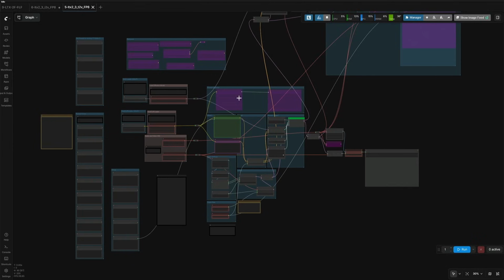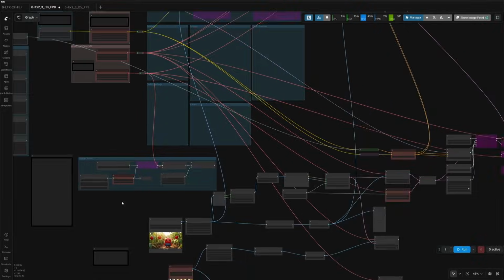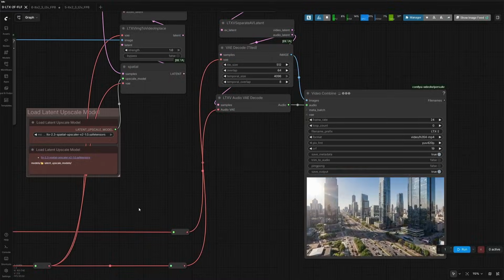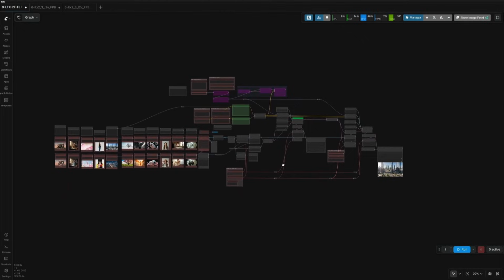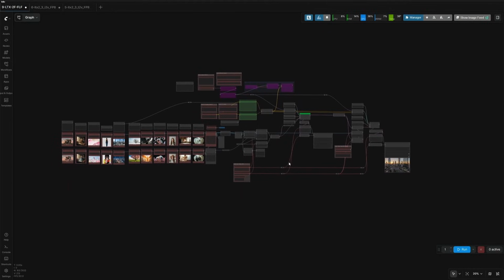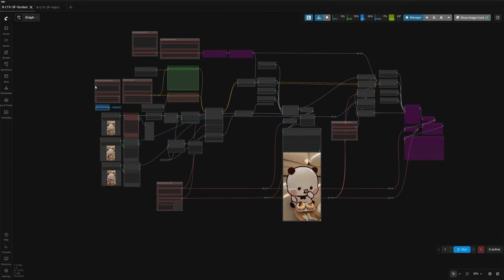Previously, we saw text-to-video generation, and then we used an image with the audio to generate a video. The same workflow has been organized now. So let's begin with multiple images that can be used to guide the video generation process. There are two methods to do that. One is in front of us, where we can use the image with a prompt to guide the video generation